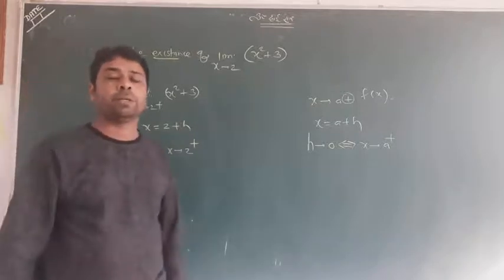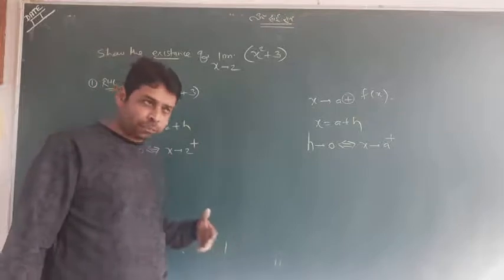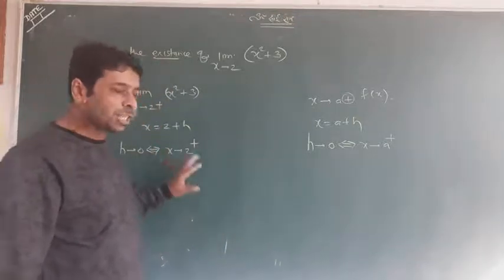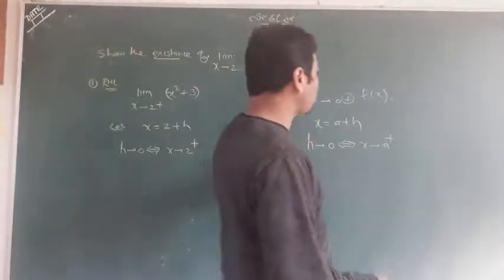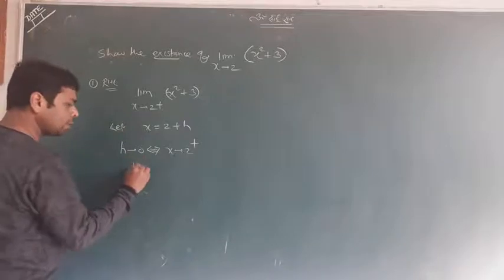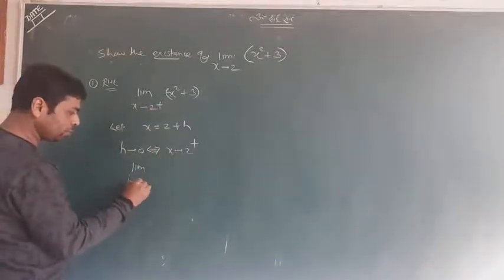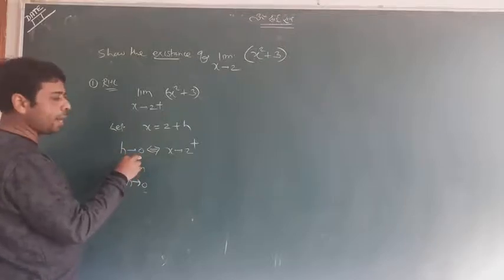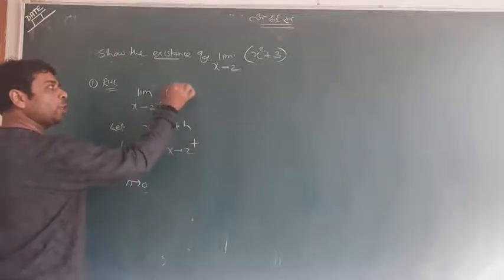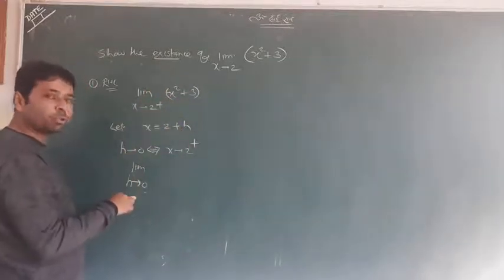Directly we will write, and we will be more shorter after some practice in some examples. But this time, student, you need not make a picture, we'll go through the direct method. This is x tends to 2 plus, I will write h tends to 0, because by doing so, you will change all the terms of x in h.